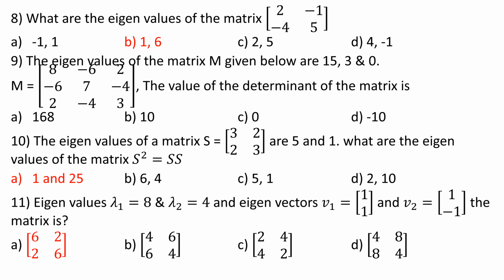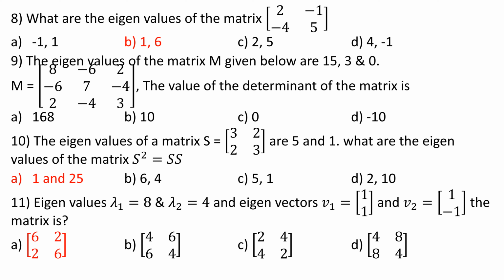Now we have to identify the determinant, that is 5 into 2, that is 10. Minus minus get cancelled, 4 into 1 is 4, so 10 minus 4, that is nothing but 6. So the product of the eigenvalues must be the determinant of the matrix, that is 6. So B, 1 into 6 is nothing but 6. Clearly B is correct. Just check the C. 2 into 5 is 10. So clearly option B is correct.